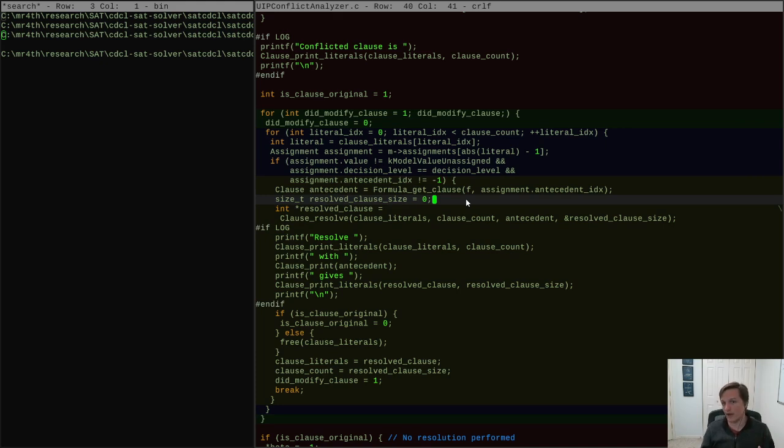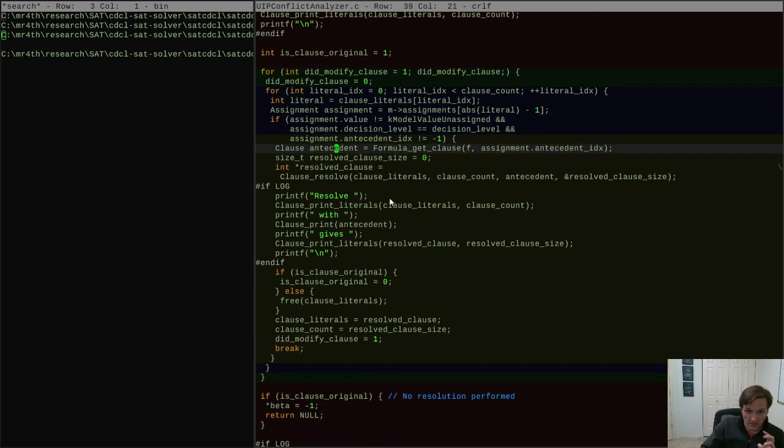Like, one must be the positive literal and the other the negative literal, because otherwise they would both evaluate to the same thing. Right? So now it makes more sense that this definitely happens once, but that doesn't necessarily mean